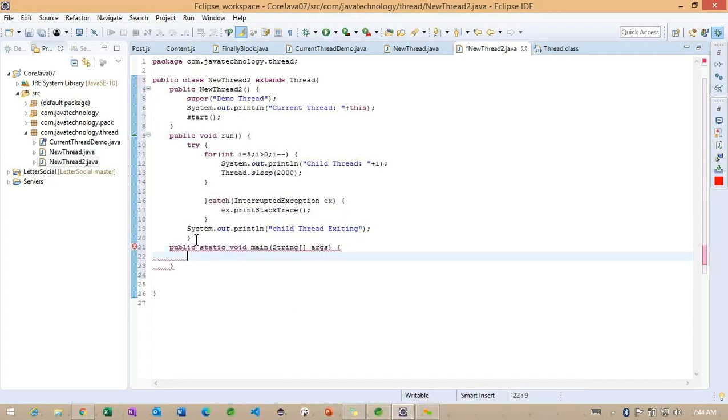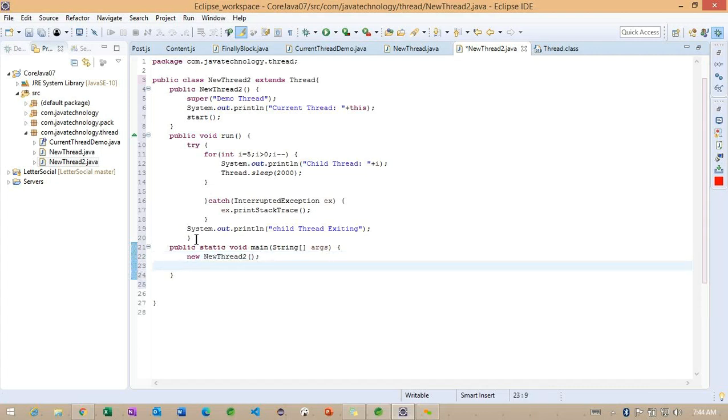After this, I'm going to call the main method. Inside the main method, I'm calling the constructor here. And after calling the constructor, we'll check with the try block.